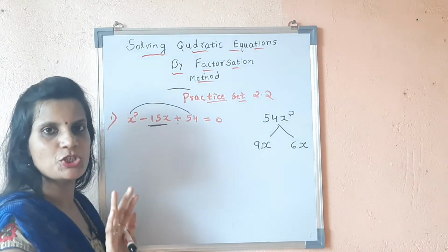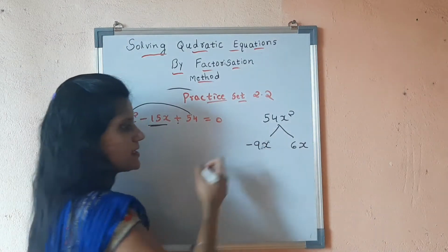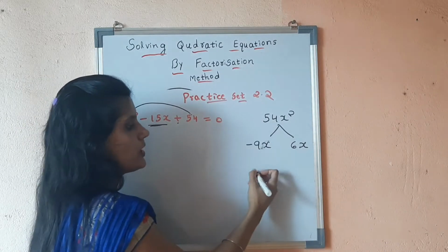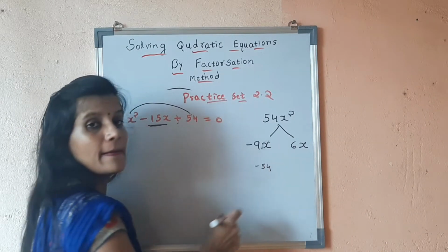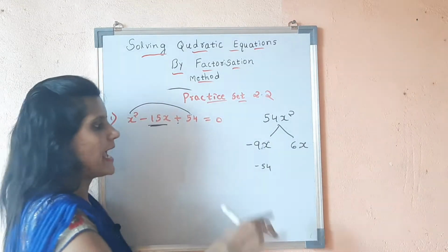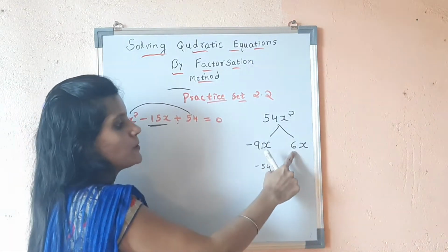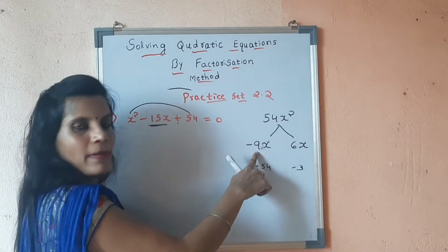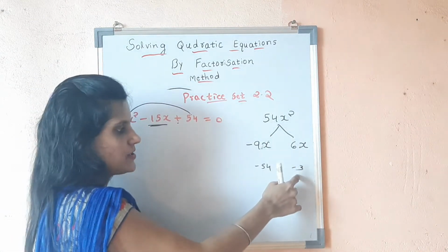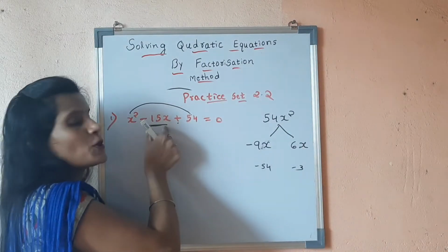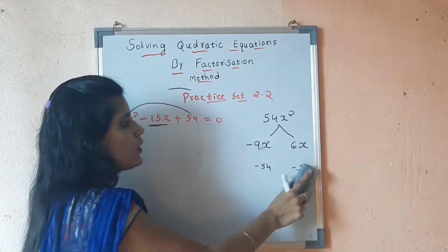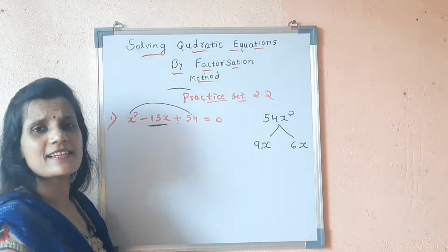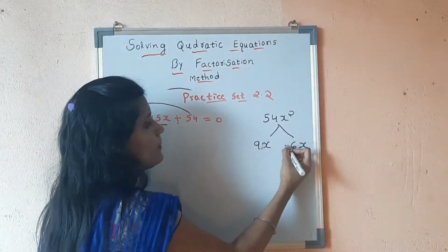Suppose, imagine that I will put this one as minus. What may happen? 9 6s are 54, I will get minus 54, but while adding, as it is a negative sign and it is a positive sign, we will get answer as minus 3. Why? Minus 9 plus 6, minus 3. So in this case it is not possible to get 15. So I cannot put a negative here. What is the other chance, sir? So I will put negative here.